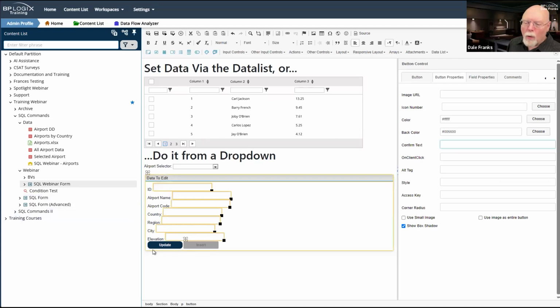What we don't want to do with any of these buttons is just allow people to click stuff and make it happen. We're going to want to put in a pause for reflection on each one of these buttons. And that's what the confirm text enables me to do.